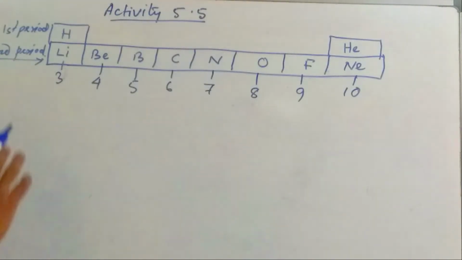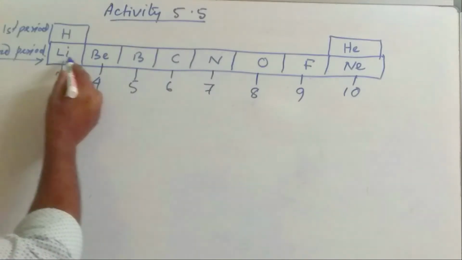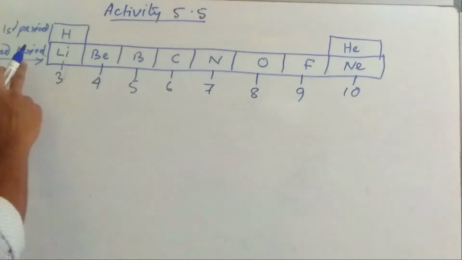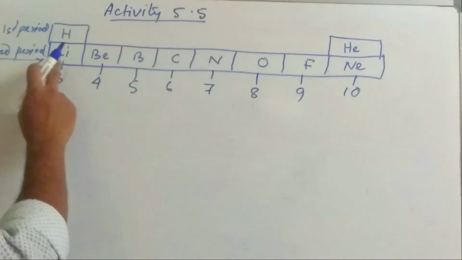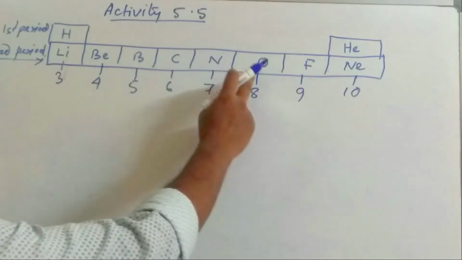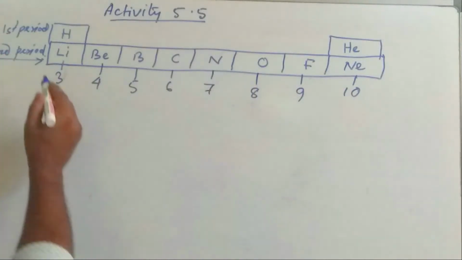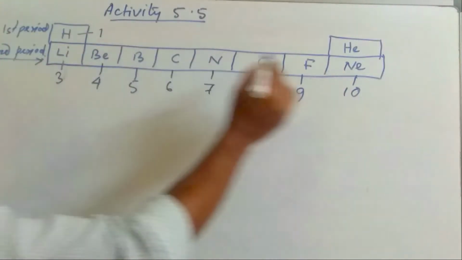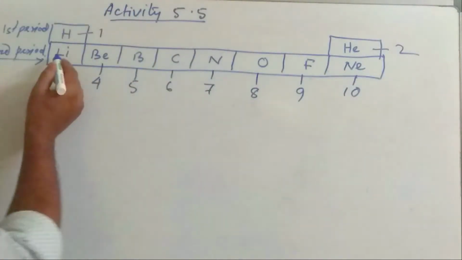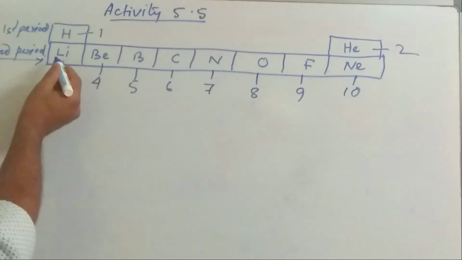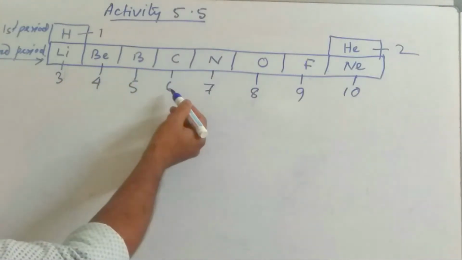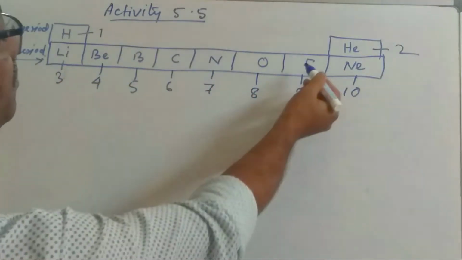So it is very easy to remember the atomic numbers if you can remember the elements serially. The atomic number of hydrogen is 1, helium is 2. So from the second period, lithium 3, beryllium 4, boron 5, carbon 6, nitrogen 7, oxygen 8, fluorine 9